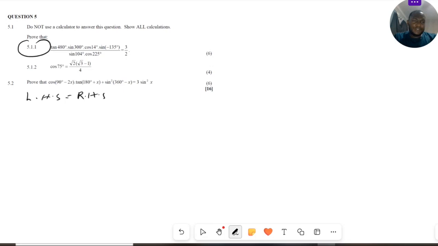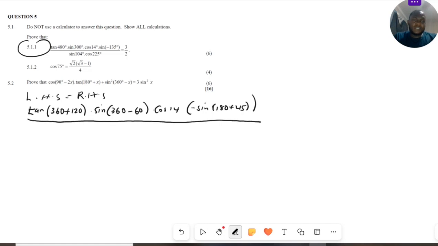So this one, tan 480, comes from tan under the reduction formula, from 360 plus 120. Then sine of 300 comes from sine of 360 minus 60 degrees. Then this one gives us a cos of 14 degrees. Then sine of a negative will always give us a negative sign, which will be 180 plus 45. Alright, so divided by